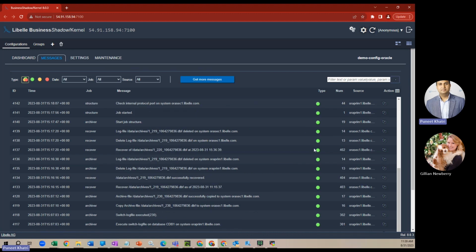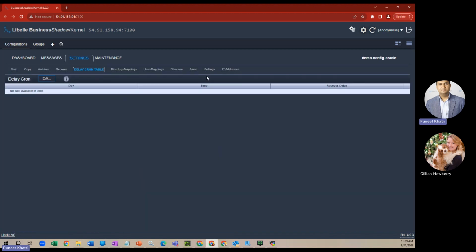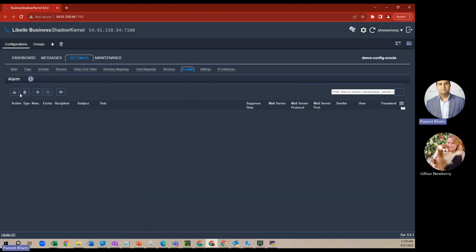If there is any error, it will turn red, and it can send an alert also. So we have an alert alarm mechanism as well. If there is any alert or error during the operations, then you will get a notification in the email. So you don't have to sit in front of the tool, rather just keep doing the other work